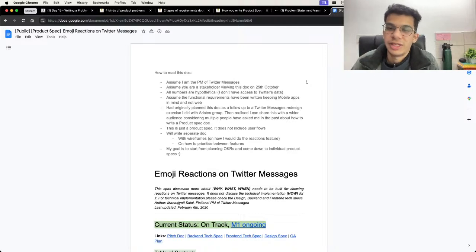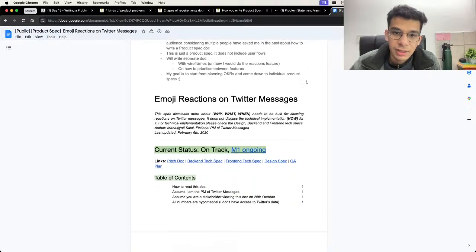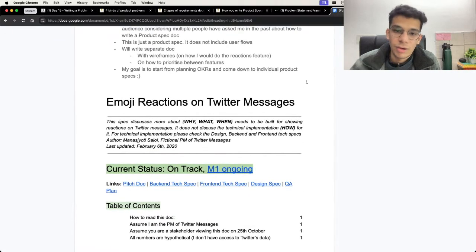And I think we also have a template here from Manas of, for example, a typical feature where we are trying to introduce emoji reactions on Twitter messages, right? So here is also a disclaimer or a statement about what and how he has structured the solution and the document, where he starts with the why, talks about the what, talks about when things need to be delivered, and on the how side of things he has his own separate document that he has linked that provides the how for each of the scope items, right? Or for each of the segments for teams that will be delivering or working on the feature: back end, front end, design, QA, and other teams as well.